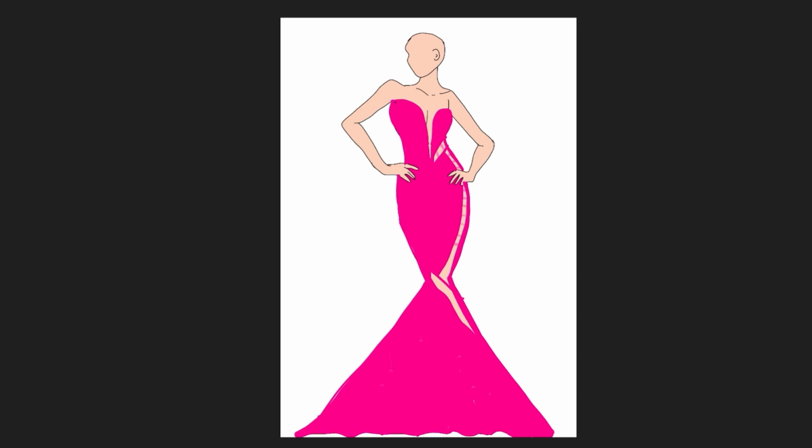Refine your illustration. Once you have added all the details and colors, go over your illustration and refine any areas that need to be cleaned up or adjusted. Remember,